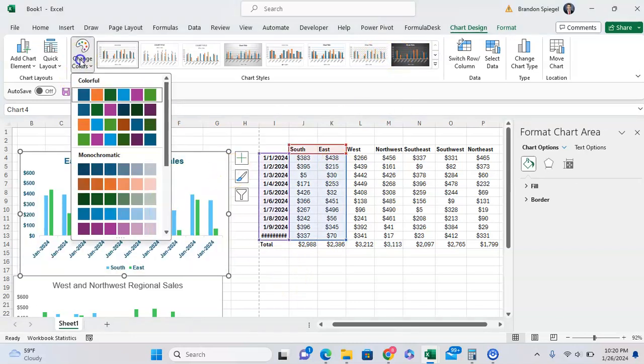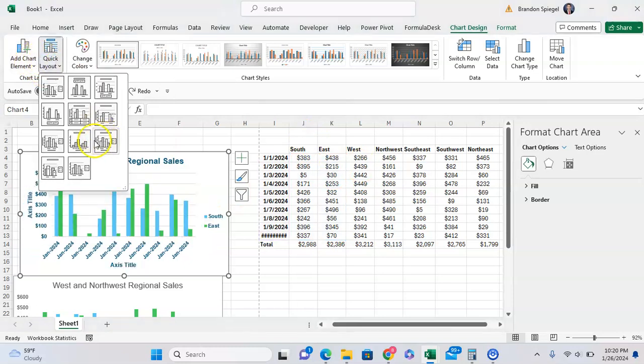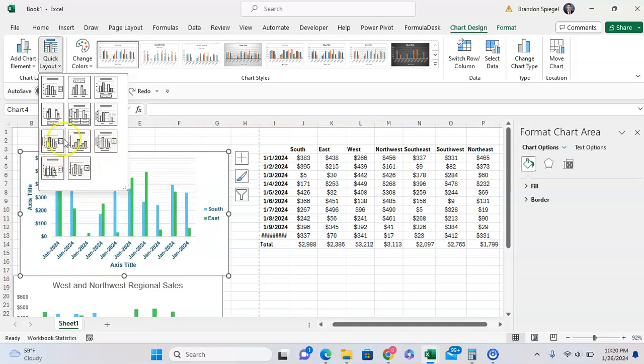Click on the graph too, you can click on change color and change the color to a different theme. But as you can see, this applies to the entire graph. Also, you can choose a quick layout. And as you can see, you can change your layout to whatever layout that you might want and include different